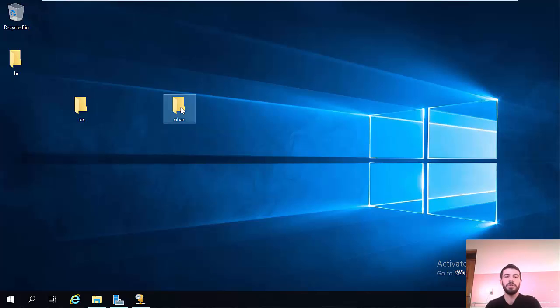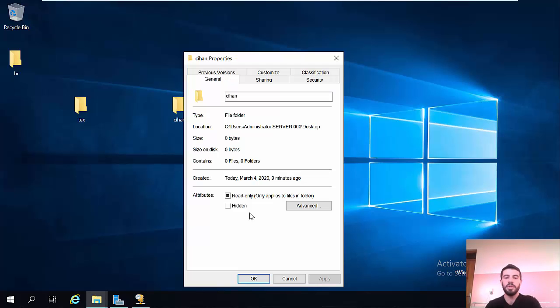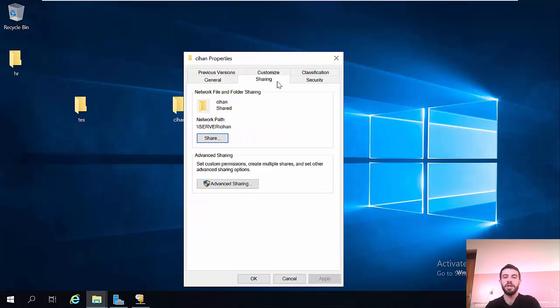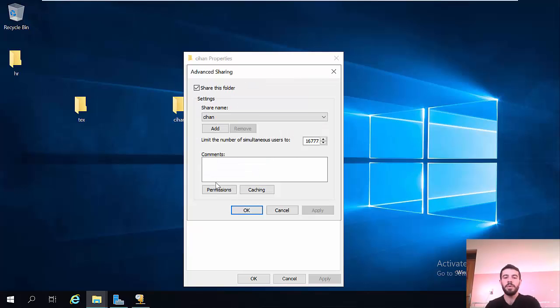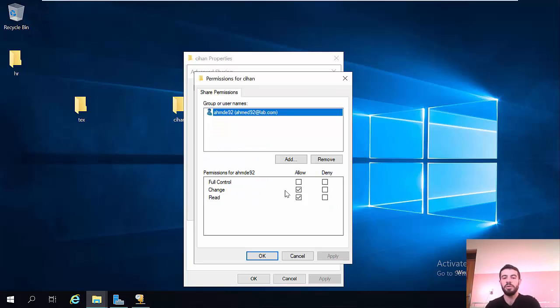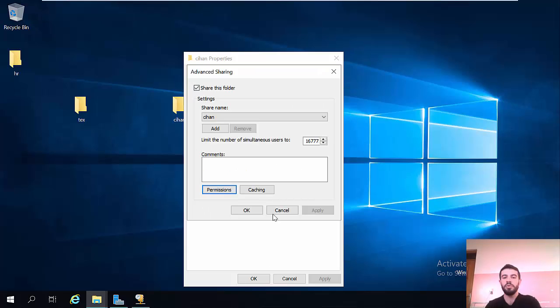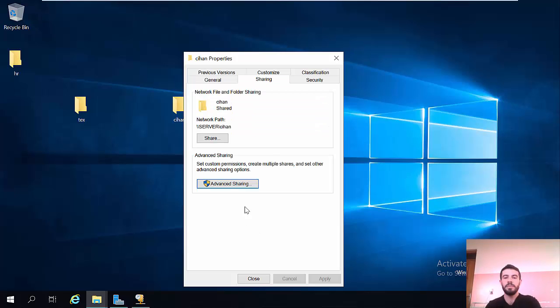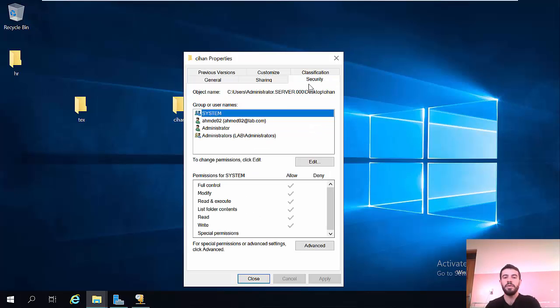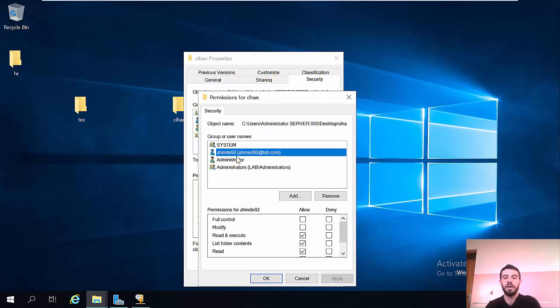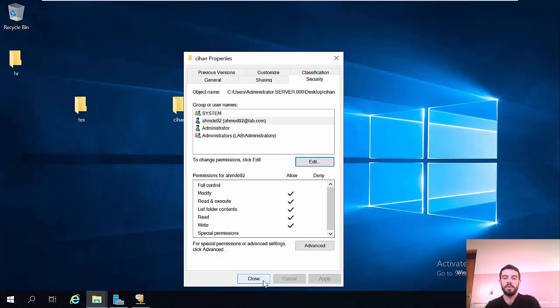I want to give him a permission in the security also, because in the sharing you can see in the shared permission I have the permission. I give him the permission to change, but in the security I don't give him the permission. So just go to Ahmed again, edit and then Ahmed, and just give him the permission to modify. That means he can also create a new folder and delete. Okay,